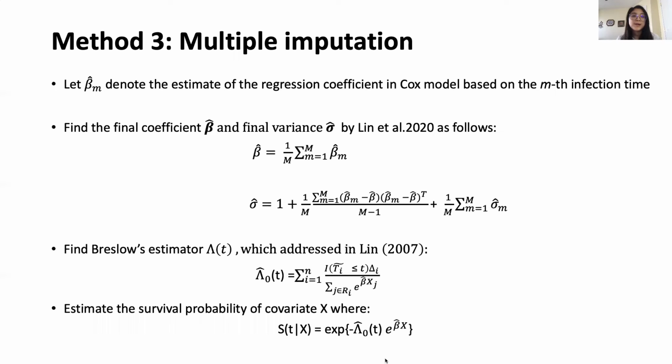We do step by step by finding the final coefficient beta and the final variance sigma as follows, and then find the Breslow estimated lambda_0(t), which is addressed in the Lin paper